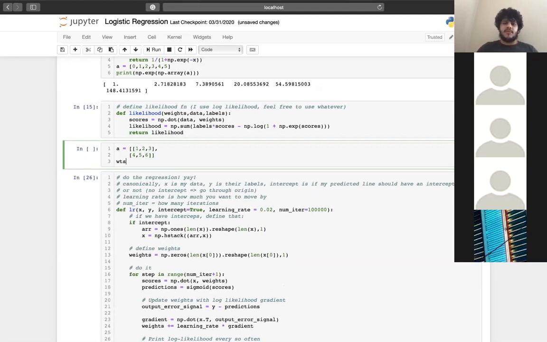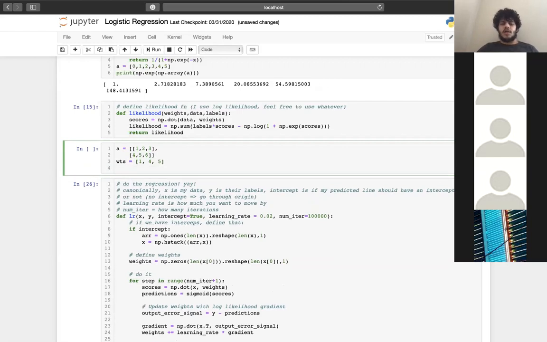All right, and then I have my weights. In this, I have two data points, which are row 1, 2, 3 and the second row 4, 5, 6. And I have three features, column 1, column 2, and column 3. Now, I need to have some weights, right? So say I have weights 1, 4, and 5. Eventually, I'll have something like X times weights, so let's say score 0 is equal to